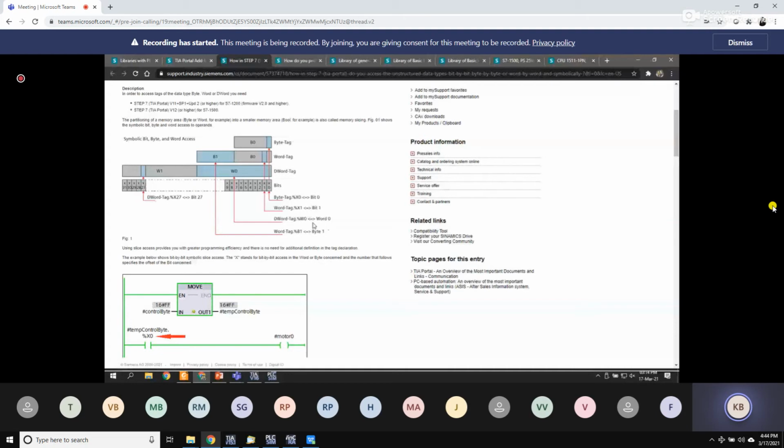Word can be accessed with w0, and byte can be accessed with dot b. So with this, multiple higher sized tags can be accessed individually with some smaller sizes. Second, one of the limitations we saw was, if you remember that example of the holding register giving us values of 8 different vals, we never knew whether holding register dot x0 is val 1 or val 2. For that, if you want to have a symbolic addressing, you can overlay another tag on top of